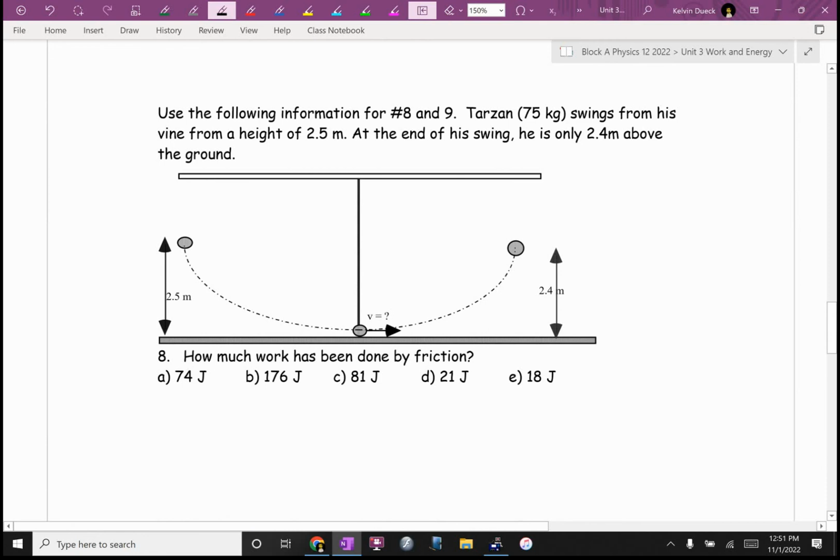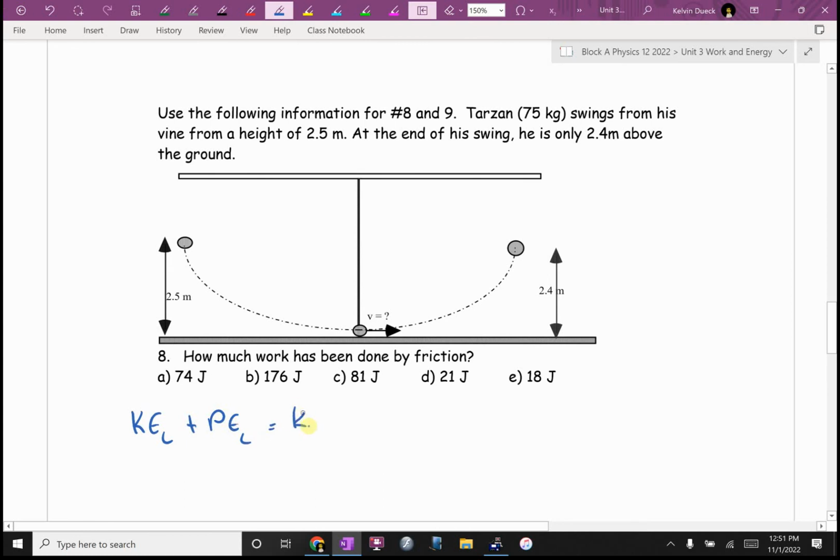How much work has been done by friction? In other words, how much heat? Well, I know it asks for how much work is done by friction, but I don't think this is a work question. I see a change in the height. I see a change in speed. I see a yucky, curvy path. I think I'm going to solve this for conservation of energy, and I'll solve for heat, which is the work done by friction. So I'm going to go KE initial plus